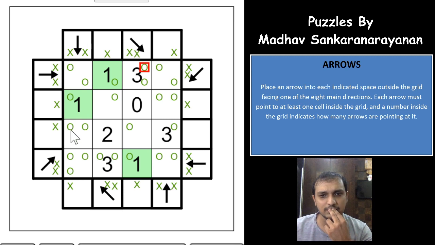So let's see anything else you have here. So this cannot be notated here. You have any other logic here? This 2 has 1, 2, 3 is not possible. Okay, so these 2 have exactly 2 places the arrows can point to this cell. So actually this 2 has exactly 6 places. One place is already fulfilled, second place is already fulfilled, right? Third place is already fulfilled, and the fourth place cannot point towards the bottom because you have a cross here. So there are only 2 possible ways the 2 can be fulfilled, and both the ways you need to have the arrow exactly, right?